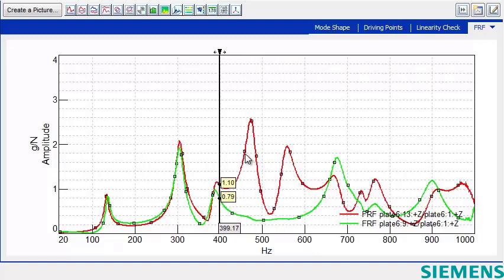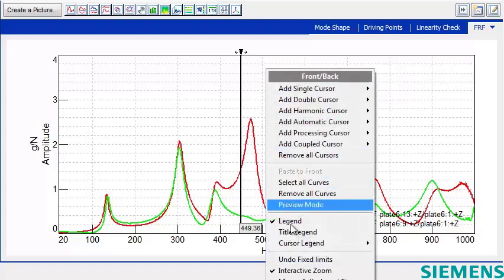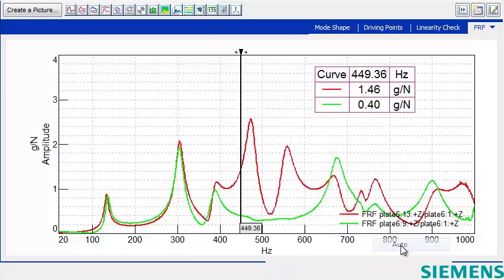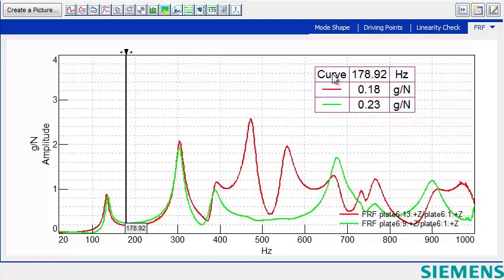If you hold down Control and select both, you'll see both Y values at the same time. It's also possible to right-click and pick Cursor Legend Auto, and then you can see a table of X and Y values as you move the cursor that update while you move it. If I right-click on the legend, I can pick Copy Values and store those values directly into Excel.